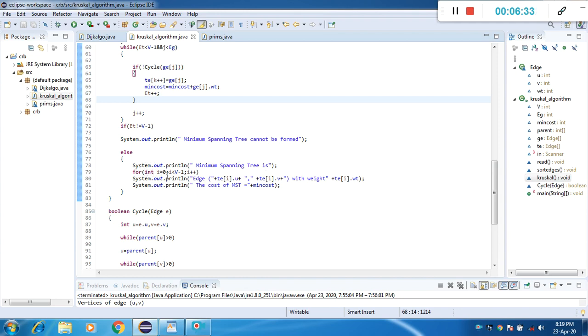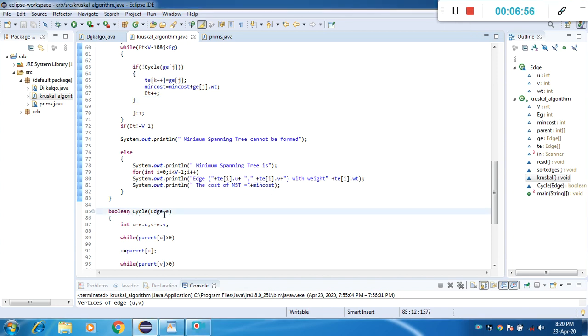For integer i is equal to 0, i is less than v minus 1, i plus plus, then System.out.println edge from t[i].u to t[i].v, and display its weight as t[i].weight. Then finally display System.out.println the cost of minimum cost spanning tree is equal to minimum cost.